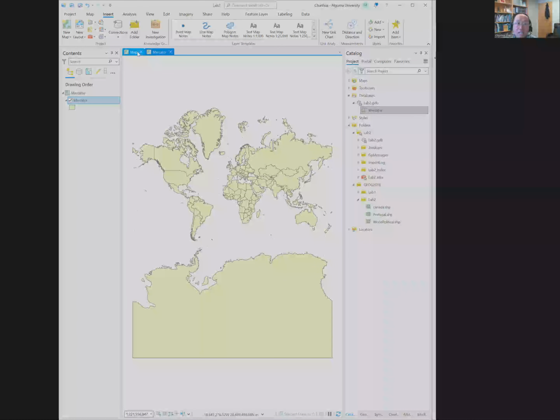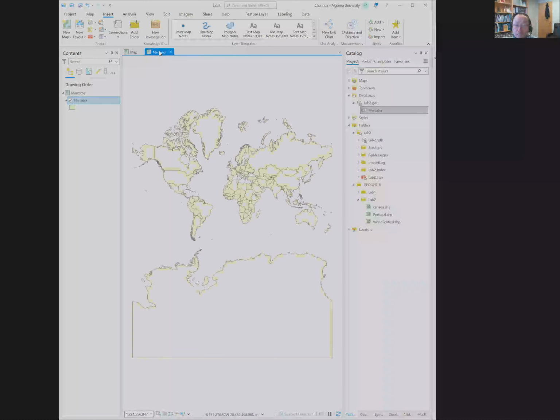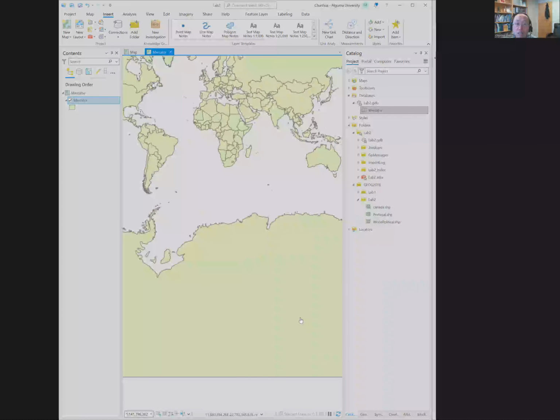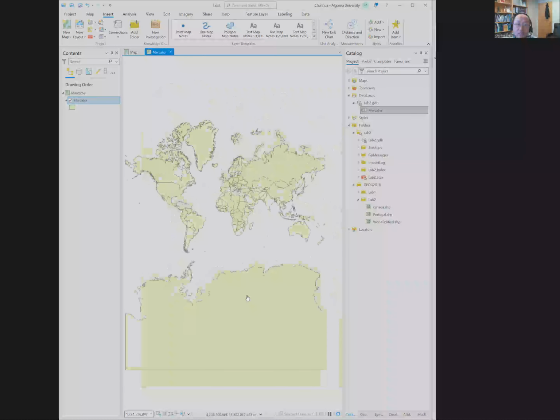Now it's a difference. Click on the map again, right-click, and uncheck. So that's the original world political, and that's Mercator. It's a big difference. Look at the size of the continents. And why the map looks like that, of course, make sure you understand the general properties of the Mercator